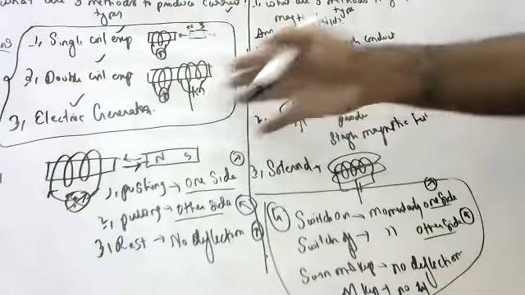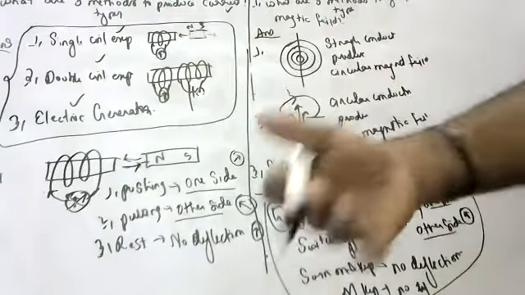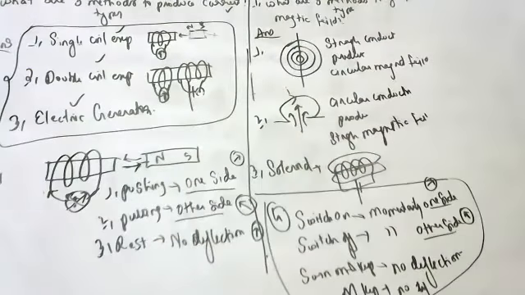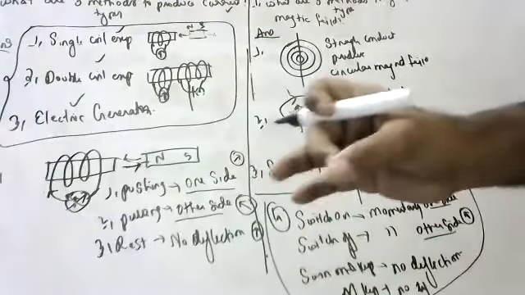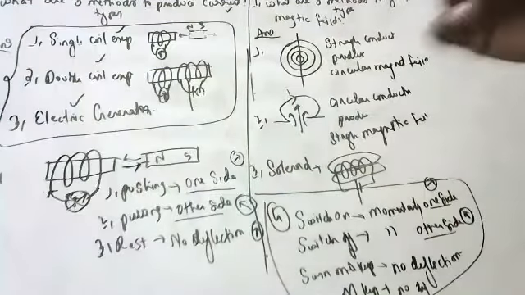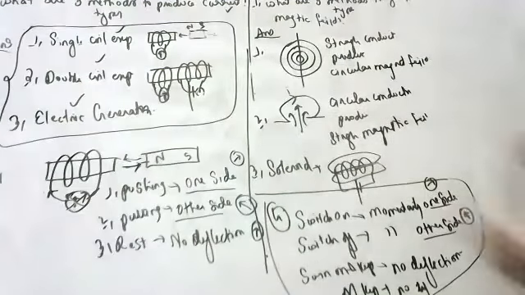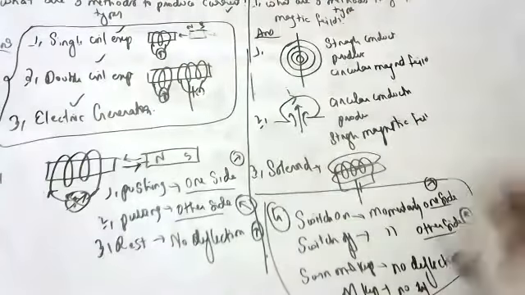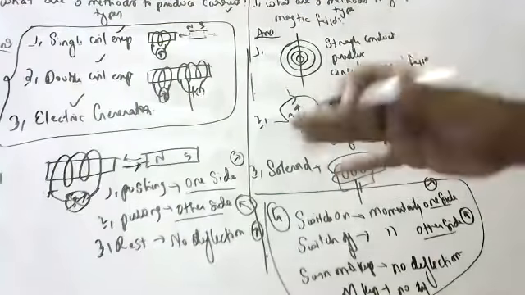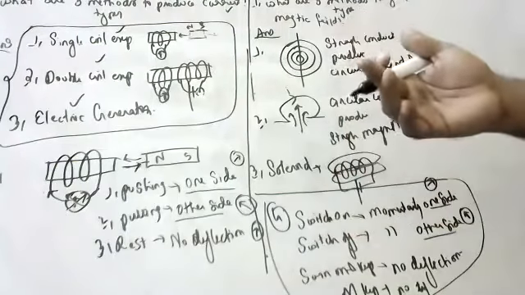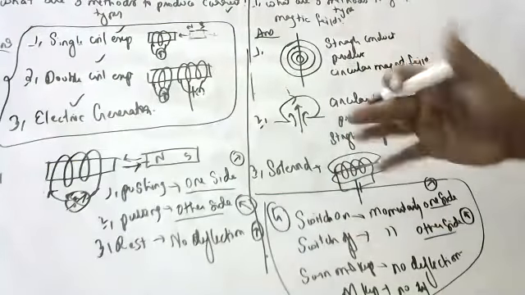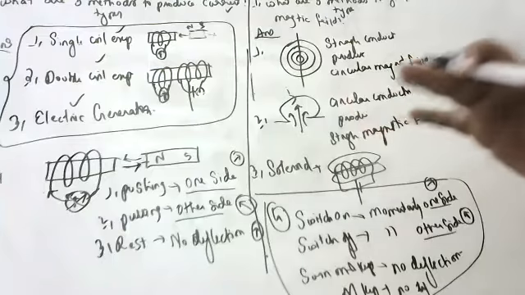There are different varieties of questions they will ask, children, to see how much you understood the topic. Based on your understanding of a particular topic, they will analyze your knowledge. It is not that I learned solenoid, so I write solenoid; I learned generator, so I write the answer like that. They won't ask like that, children. They will ask in different ways. They will not ask you directly.